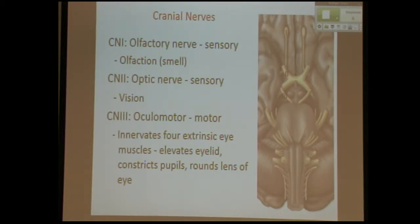So how about the olfactory nerve? What do you think it does? Smell. Is it taking signals to the brain or away from the brain? To the brain, right? So you already knew that. You didn't even need me to tell you that, just from its name. Optic nerve, that one's pretty obvious, right? And